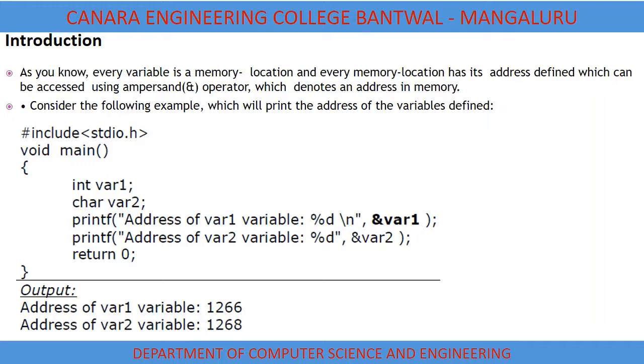So you can see there the variable 1, when I compile this in our C compiler, it is showing me the address as 1266 for the integer variable, and the other variable, that is the variable 2, you can see there it is taken as 1268. So 2 bytes of address, or you can say 2 bytes of location is allocated for integer, and the next allocation starts from 1268. Okay. So we'll see how exactly these address locations are used in terms of pointer.